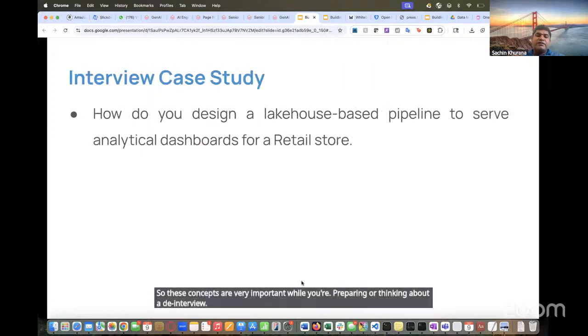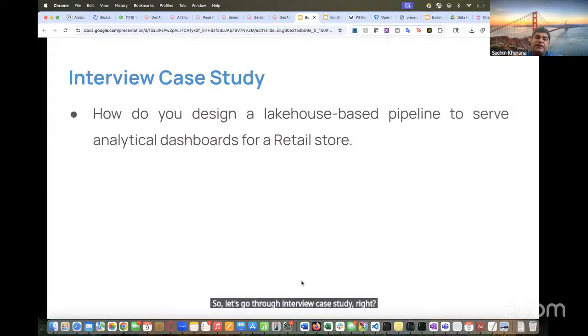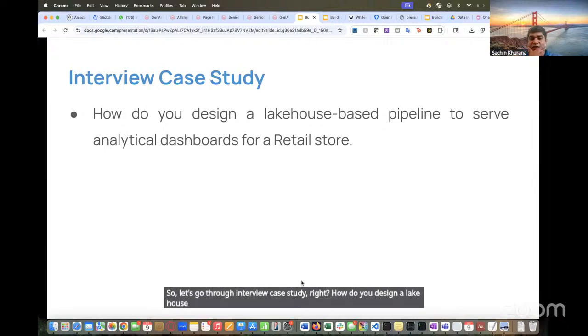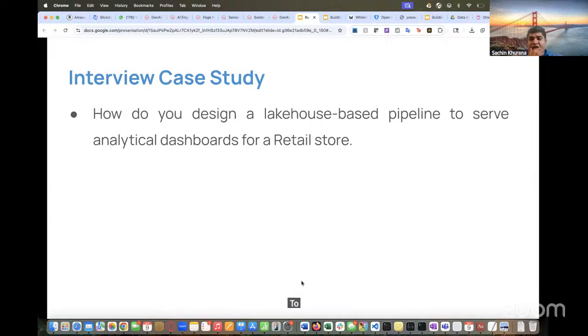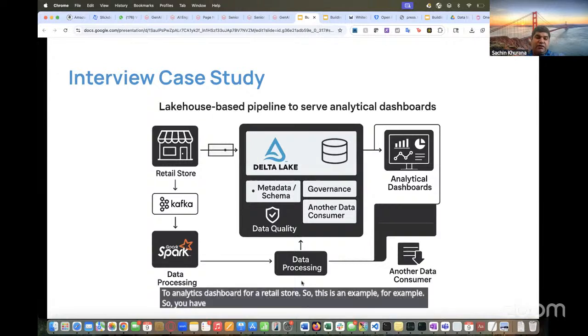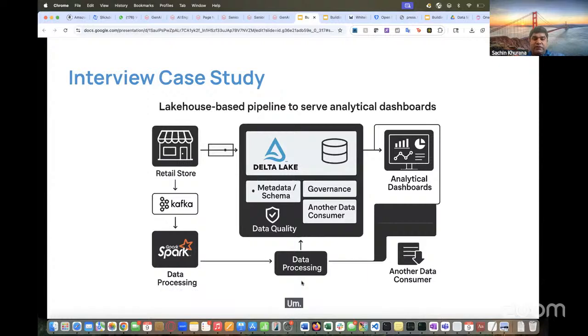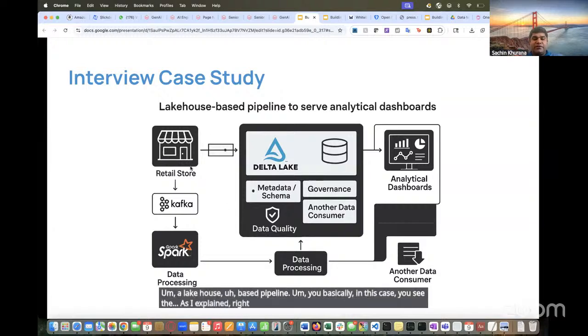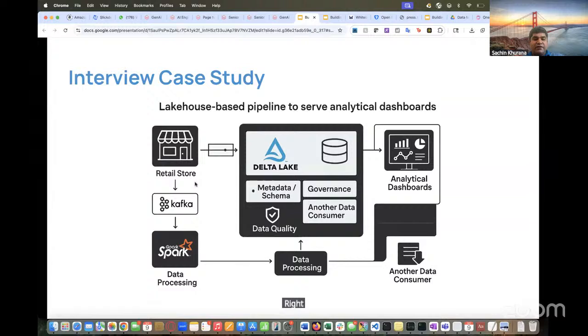So let's go through an interview case study, right? How do you design a lakehouse based pipeline to an analytics dashboard for a retail store? This is an example. So you have a lakehouse based pipeline. In this case, as I explained, you have an operational system, and after the customer has purchased from the retail store,